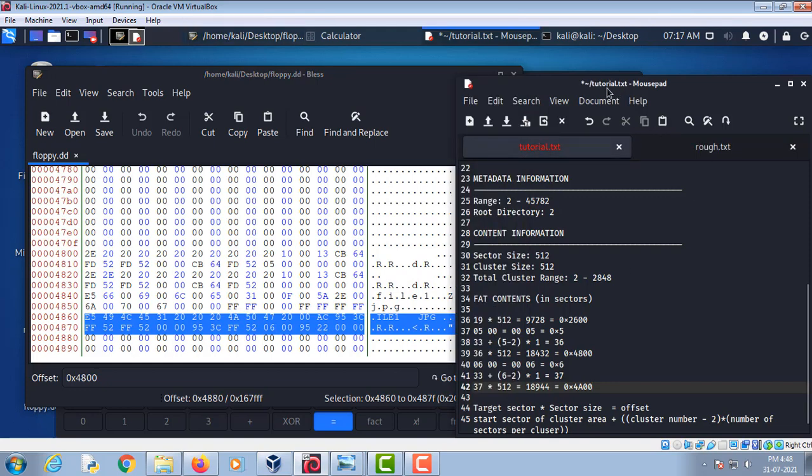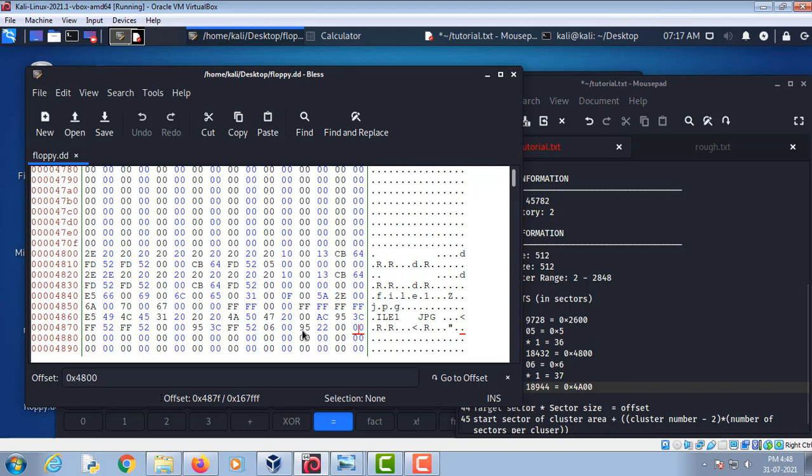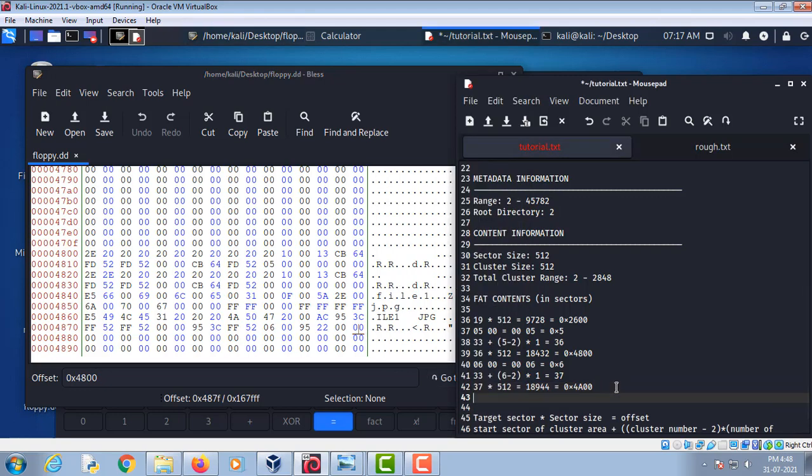So let's calculate this. This is 95220. So again we write in little endian format, and if we write in hexadecimal format it will become 0x2295.